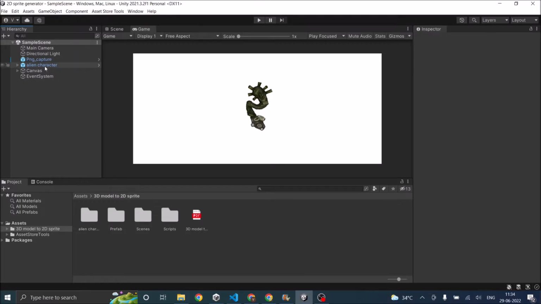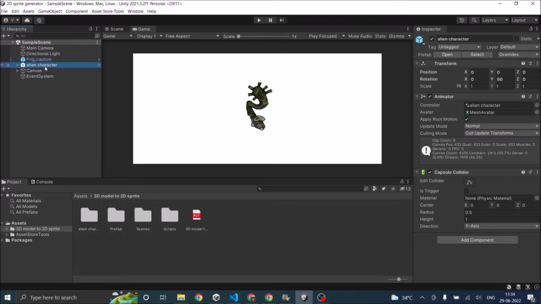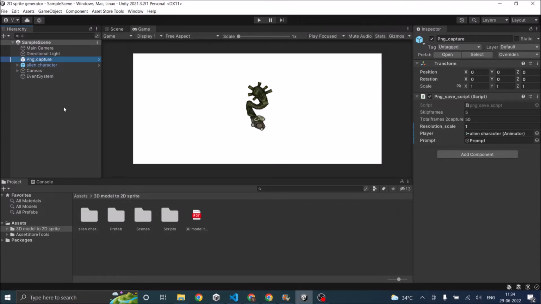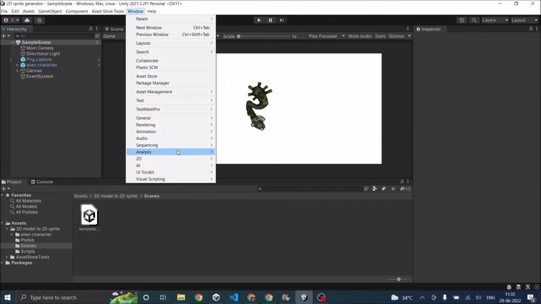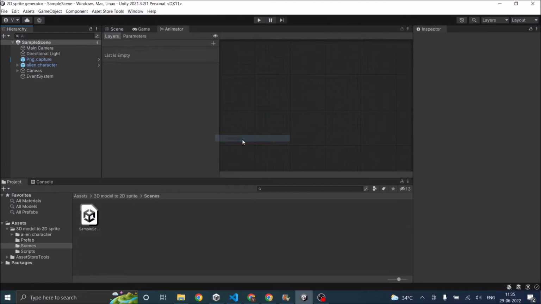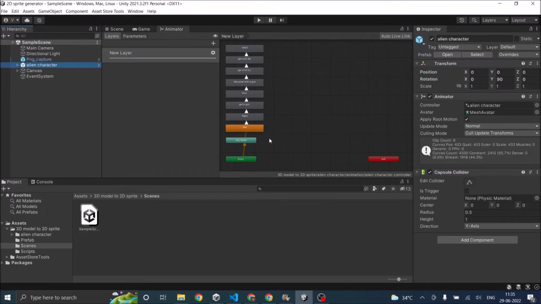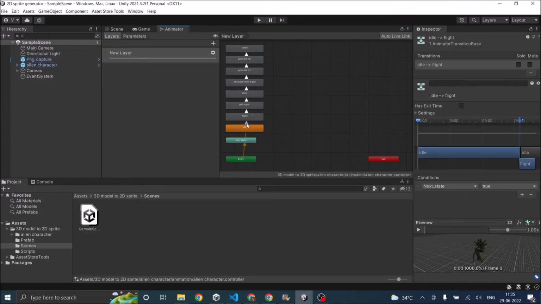So I have an alien character here, and this I got from the Unity asset store. It's a free character. And I have the PNG capture prefab. Now what you have to do is take your 3D character, then open the animator window. So as you can see, I have 10 animation states, and the transition from each state should happen based on